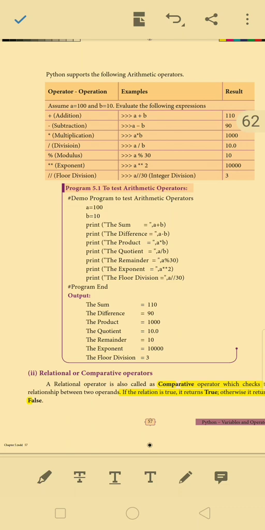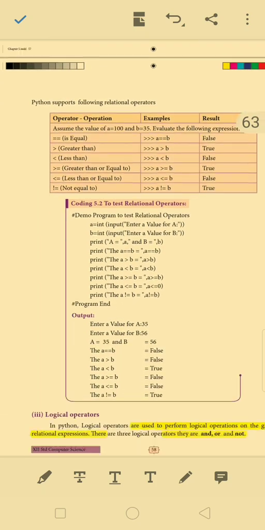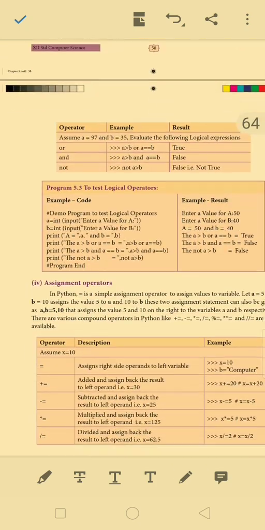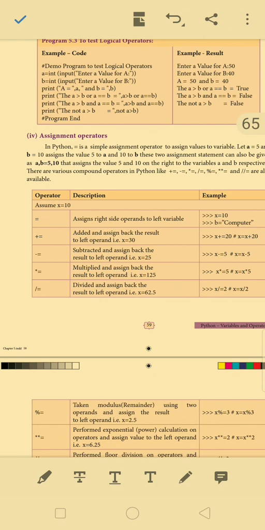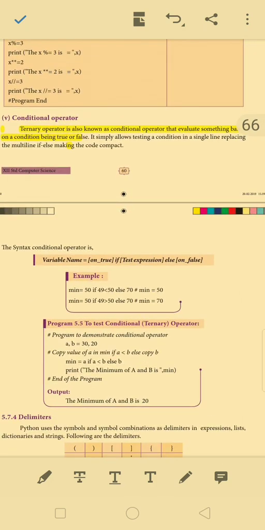And next one, second question is what are the assignment operators that can be used in Python? Take page number 59, start from in Python till with examples. Next one is explain ternary operator with example. Start from ternary operator till with example. Write any one example as you wish, whether it's a script mode example or an interactive mode example.